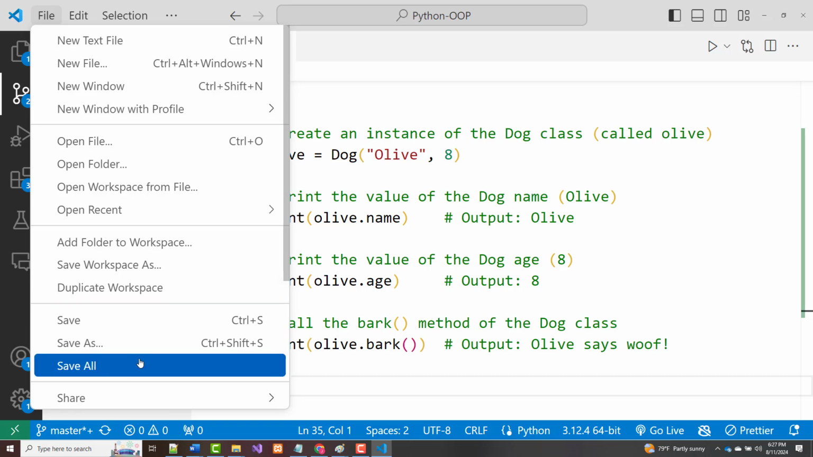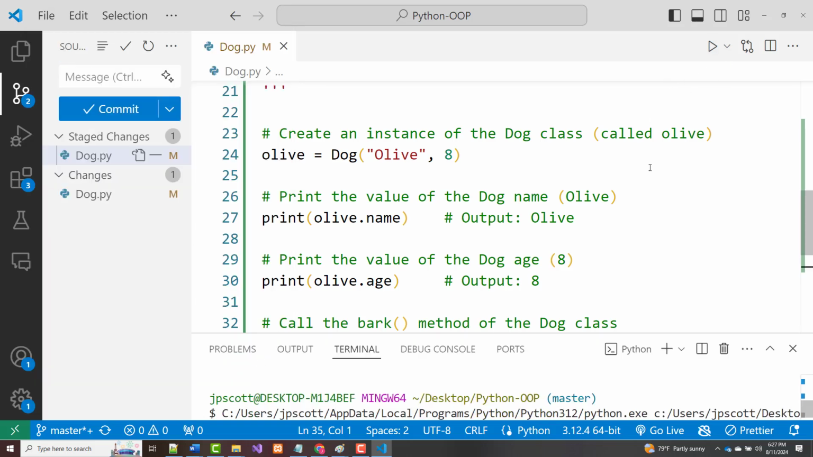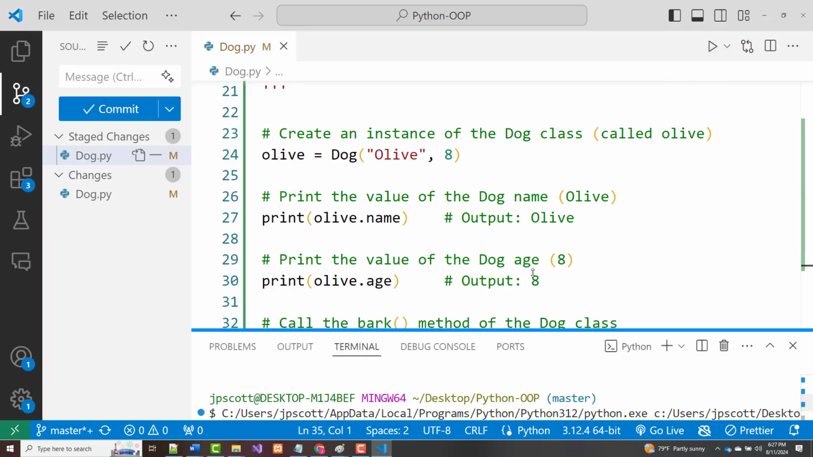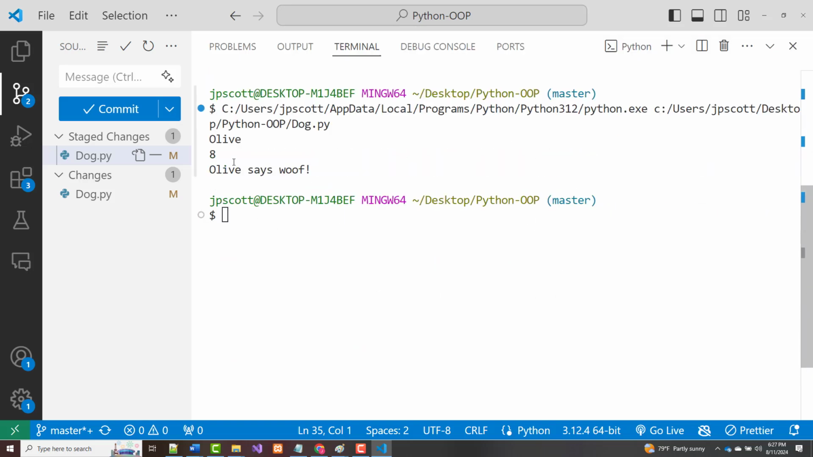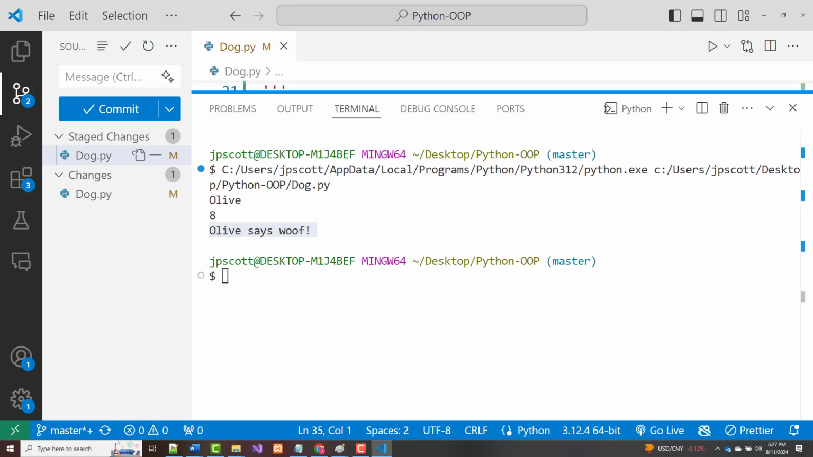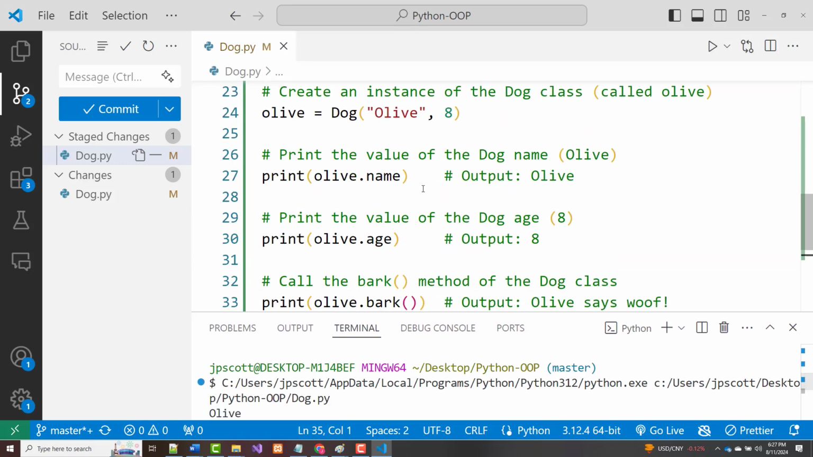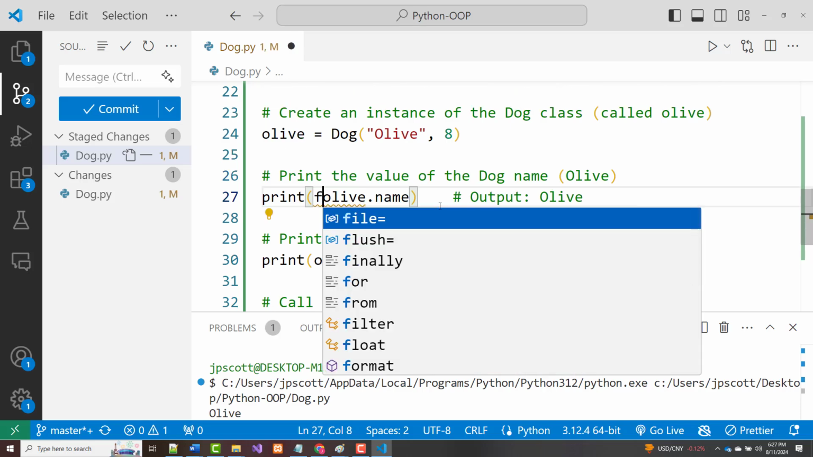That's all. So File, Save All. Okay, so this was print the name, this was print the age, and this was print the results of the method. And we can pretty this up a little bit if we want to. So we could come in here and say print. All right, and we can even make this an F string. And we can say